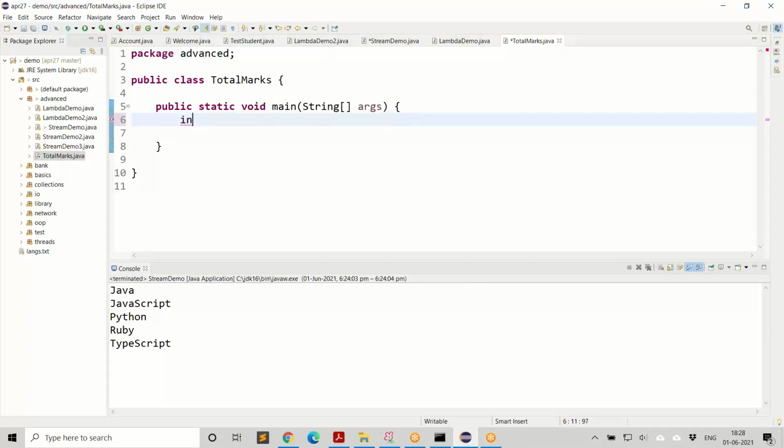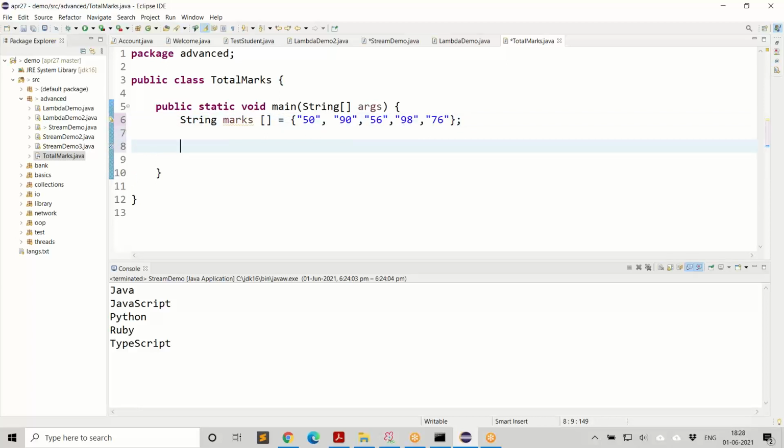We have an array of strings, marks, and then we have marks like 50 and then 70. They're all strings. They're stored as strings. Now what I need to do is get the total of these marks.